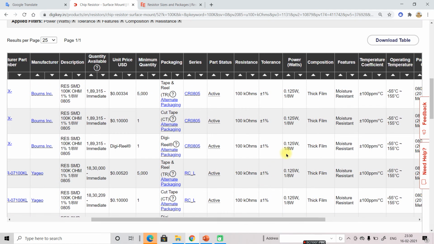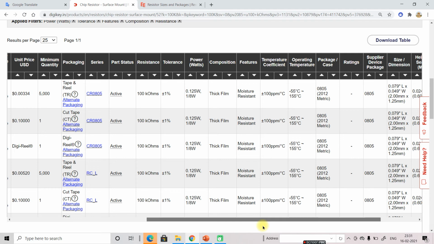So 0805 1 by 8 comes, and it is forming this, and composition thick film, and wattage is this.